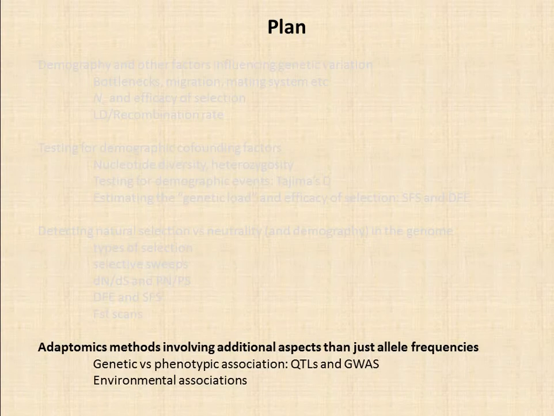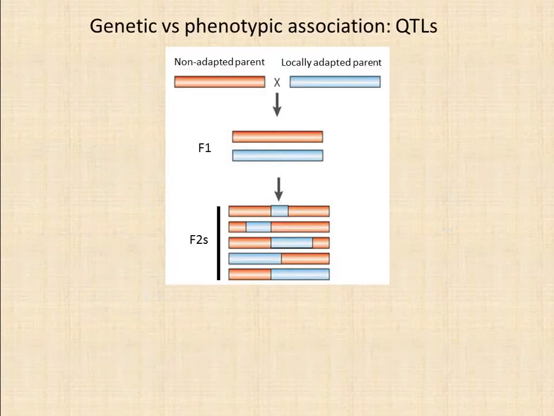I told you so far that in population genomics, and when we look at selection in genomes or populations, we only look at one thing, which is allele frequencies. Well, now there are some cases where we don't really look at that, or we look at this plus extra information on the phenotype or environment. So, for example, if we are searching for loci or genes that are responsible for local adaptation, let's say, then